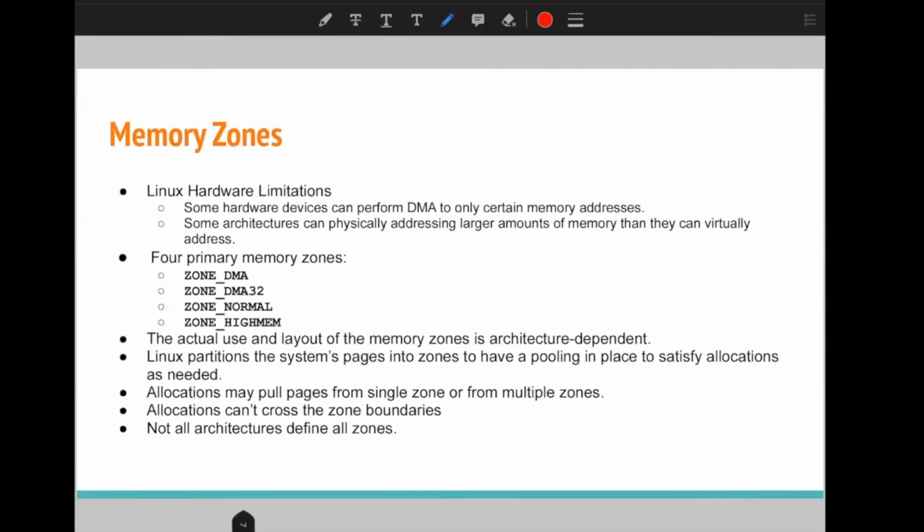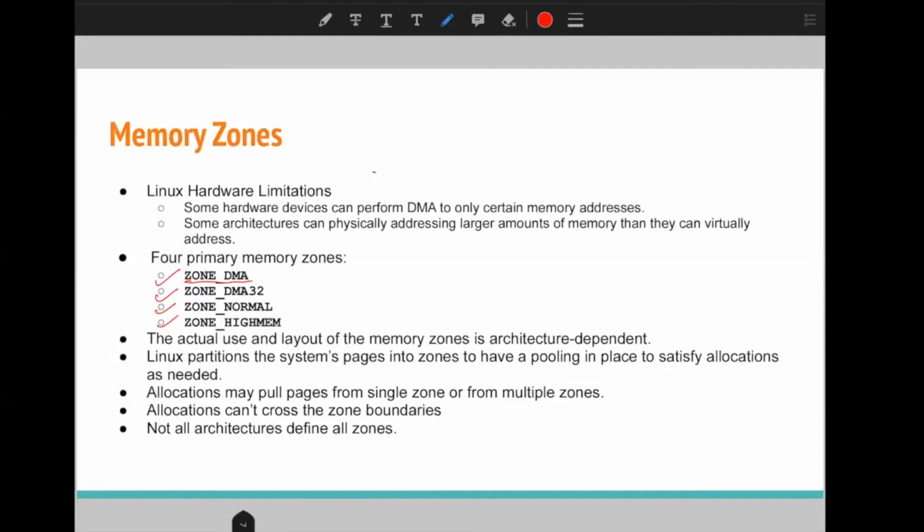For the flexibility of allocation of the pages required by the different processes, the kernel maintains different memory zones so that, according to the requirement of a process, it can allocate that particular page. So here we can see that we have 4 different zones. The first zone is ZONE_DMA. That means it contains the pages which are DMA-able. DMA is direct memory access. That means the processor won't be involved in the memory accesses in the DMA zone.